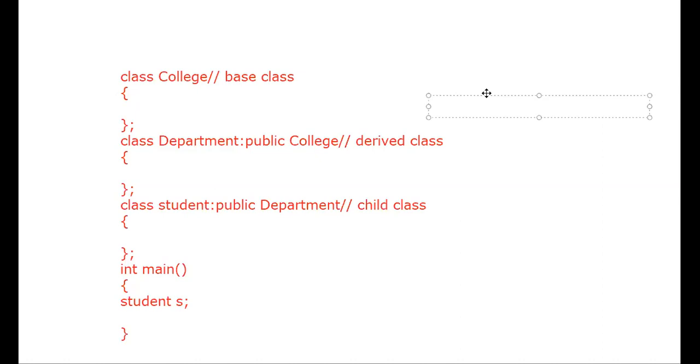Is there any doubt regarding this assignment? At least try to solve this task. Tomorrow we will start with multi-level inheritance. But till then, those who want to, try to complete this one. Use any method you want, but try to access all the base class and derived class inside this child class. Clear? Okay, thank you guys.